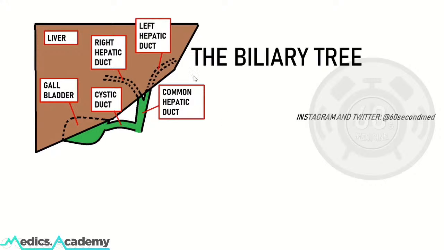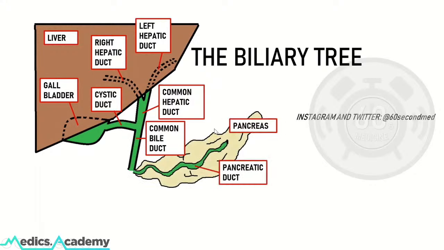which unite to form the common hepatic duct. The common hepatic duct and the cystic ducts unite to form the common bile duct. And secretions from the pancreas will drain via the pancreatic duct to meet the common bile duct at the hepatopancreatic